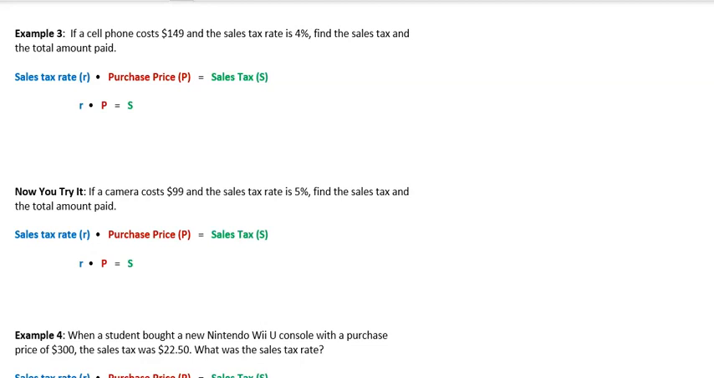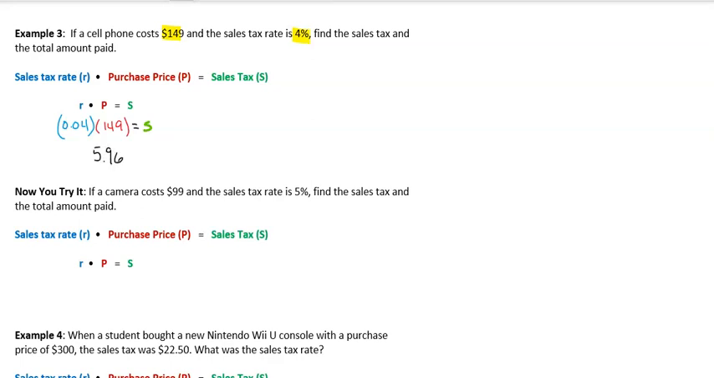So we've got the cell phone. I'm going to highlight everything. The cell phone is $149 and the tax rate is 4%. So the tax rate is 0.04. And we're going to take that times the purchase price, which is $149. And that is going to give us the sales tax. That's going to give us S. All right, so if we work this out, we get that the two multiplied together are going to give us